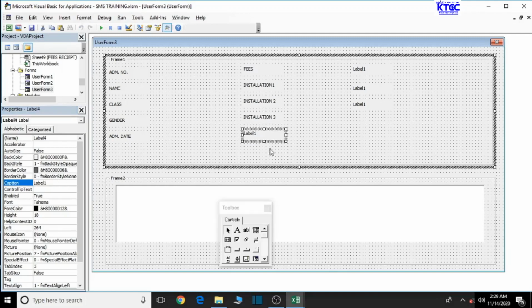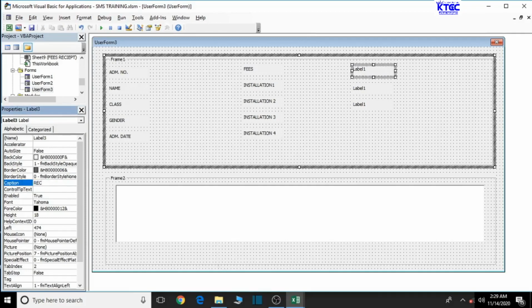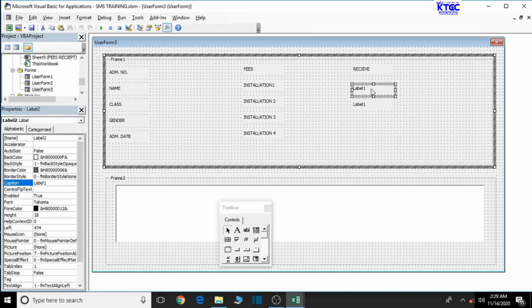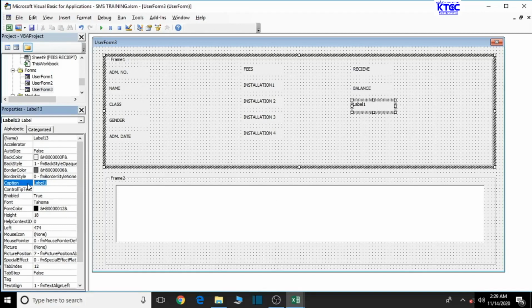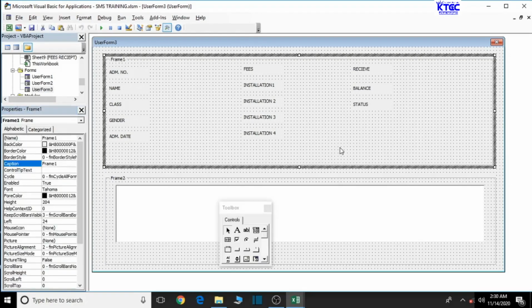Here we should have installation 4. Here we should have receive. Here we should have balance. Here we should have status. Good. I think we are good to go. So let's just adjust them all on the